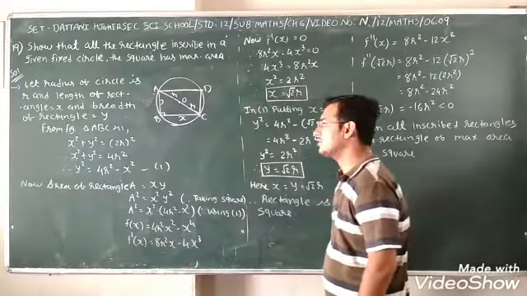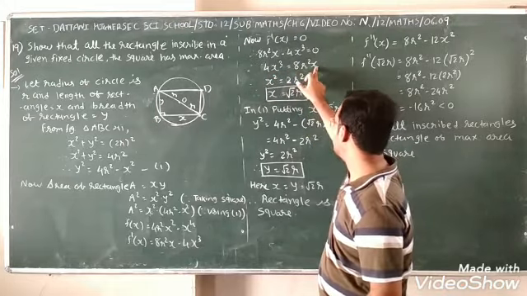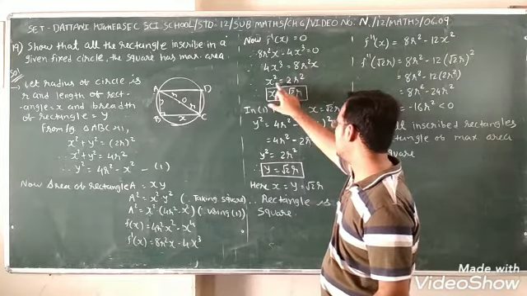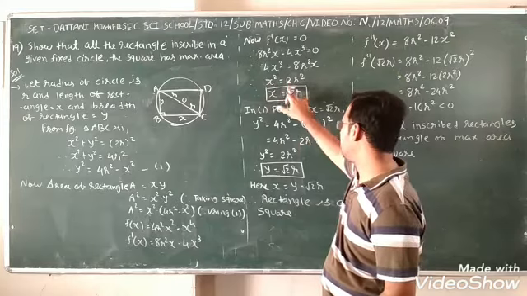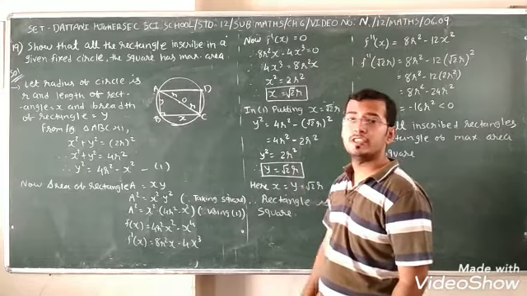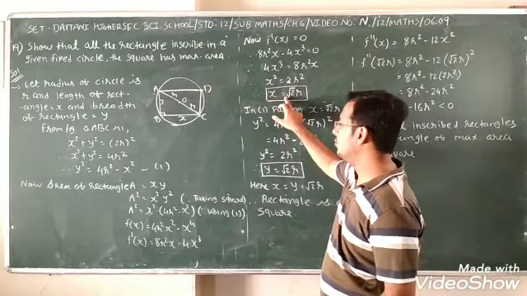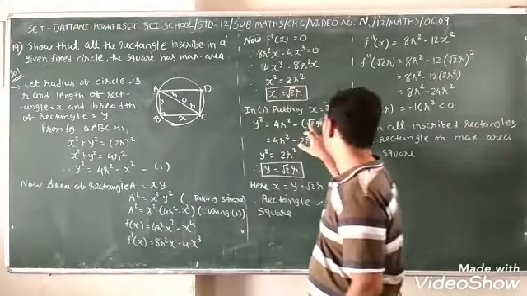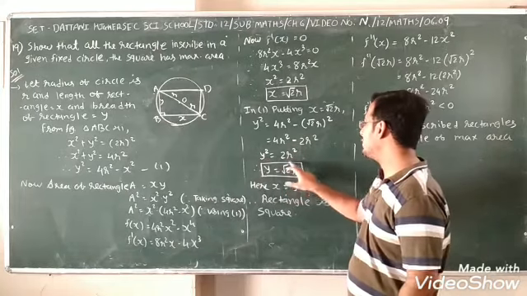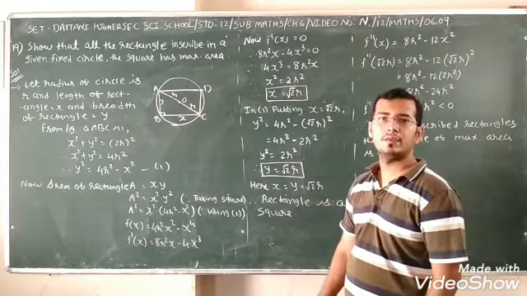Now taking f dash x equal to 0, 4x cube is equal to 8r square x. One time x square, 4 comes down, 8 by 4 means 2. So x square is equal to 2r square. Taking square root on both sides, x is equal to root 2 r. Here the radius is always positive, that's why I am not taking plus or minus. Now put this value in equation 1: 4r square minus 2r square is 2r square, taking the square root, y is equal to root 2 r. Both are equal, so the rectangle is a square.